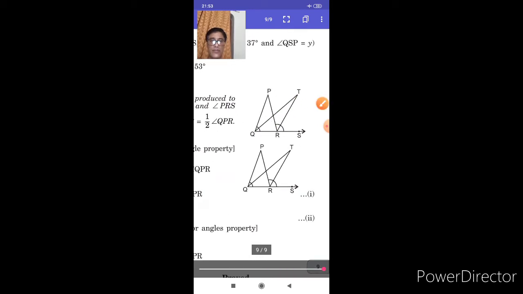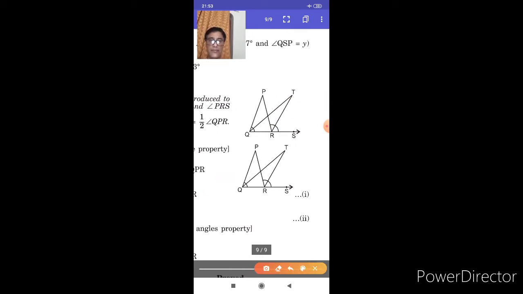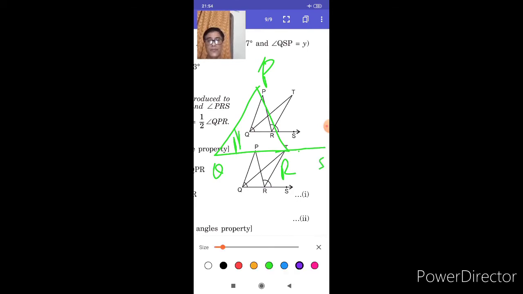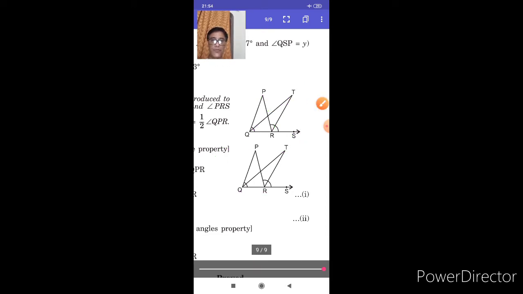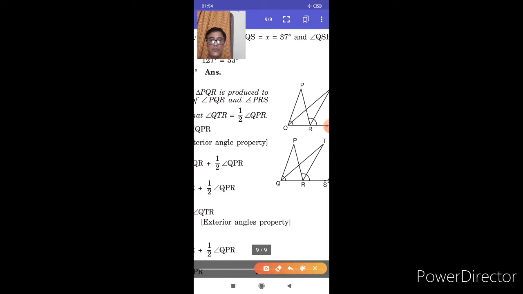Students, if you understand the figure properly, this is what is given to us. We have triangle PQR, and first we have produced this QR up to S, and then the bisector of this angle and the bisector of this angle meet at point T. Then we have to prove QTR equal to 1/2 QPR. Okay student, now see here,